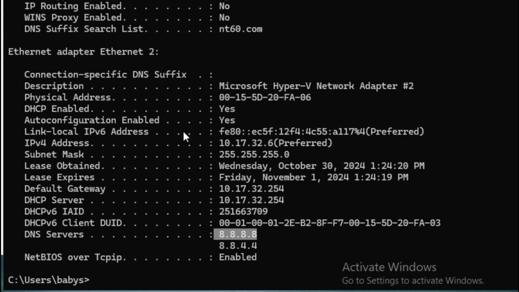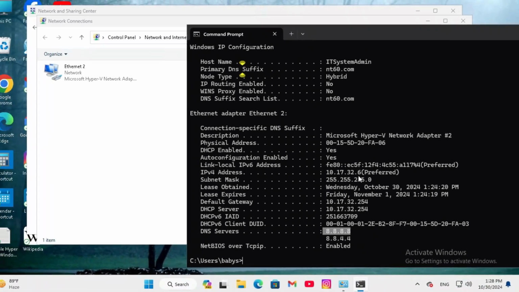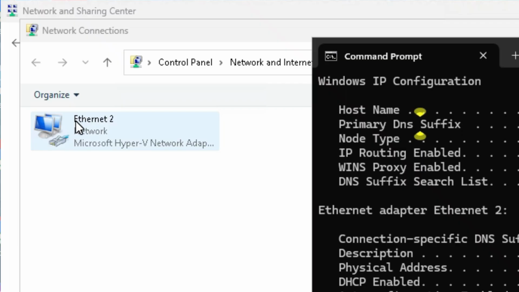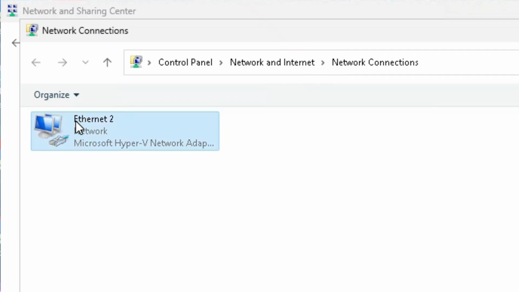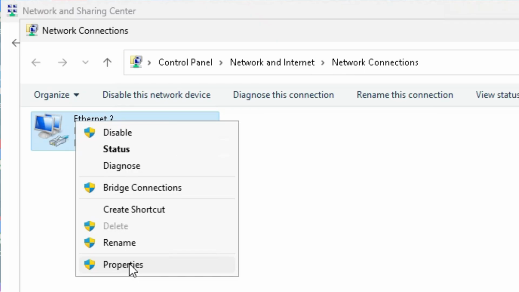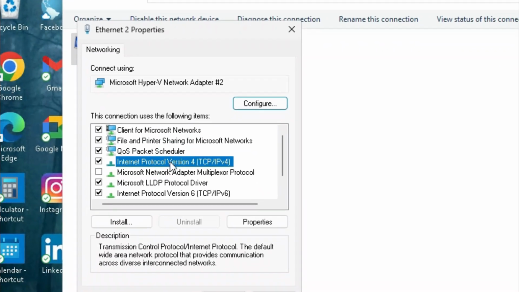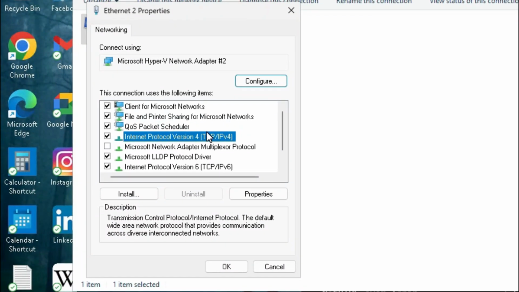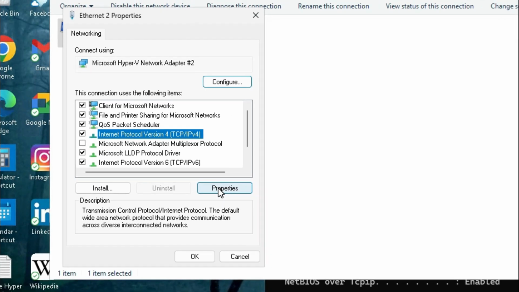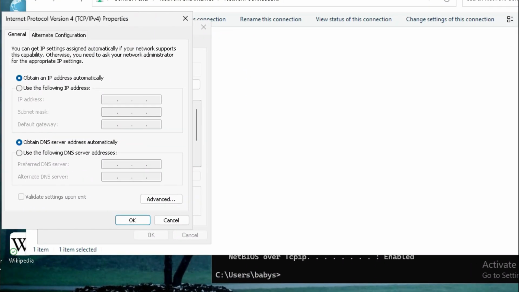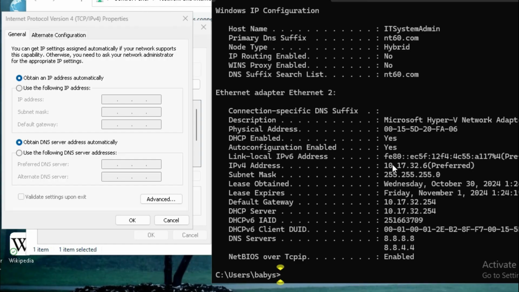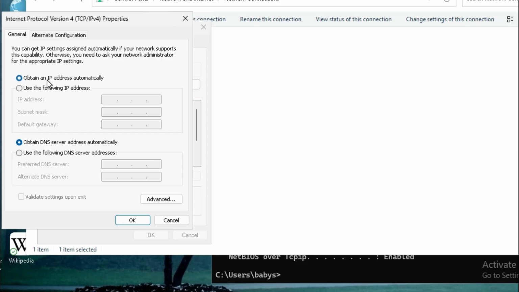Now I'm going to set up this IP address manually. Right click on your network adapter and click on properties and click on Internet Protocol version 4, and then click on properties. Here I have to assign IP address 10.17.32.6. Now obtained an IP address automatically is selected. Click on use the following IP address and type here